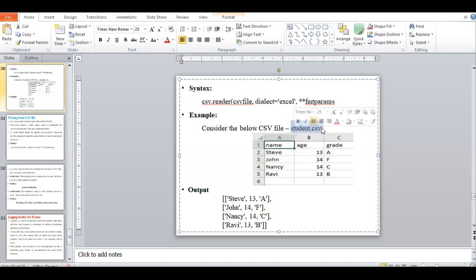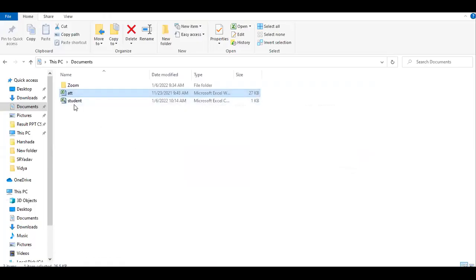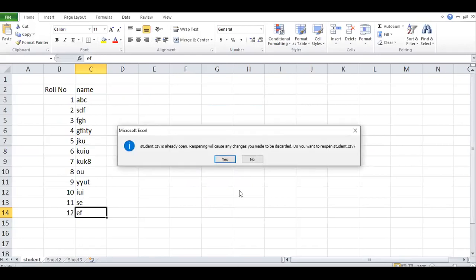Suppose my CSV file will be student.csv. If anyone doesn't know, the extension is not provided here, but when you move to this point, it will provide you an extension, meaning which file format is yours.